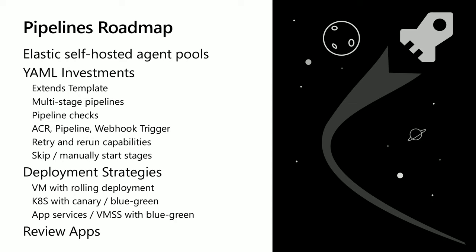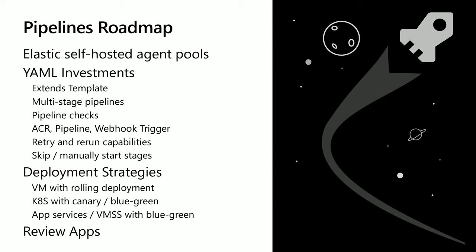But what you'll also be able to do is specify which bits can be overridden and which bits can't. So if you've got a certain compliance check, if you need to talk to ServiceNow or something like that before you do a production deployment, you can bake that into your template. And then you can mandate that deployments to your production environment have to extend this template. So that's how you can enforce some of that compliance stuff.